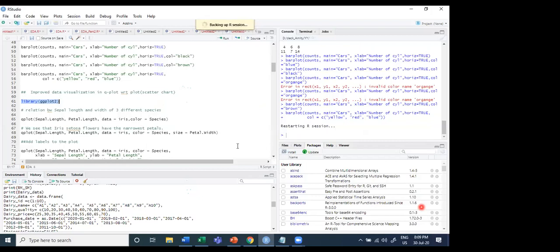So here we are making a backup of the session. This backup is going to be useful as advised by the system. You may ignore it if you do not want to update and want to work on the existing set of data. Give me 1 second because R is restarting, and next time onwards I will not update it.